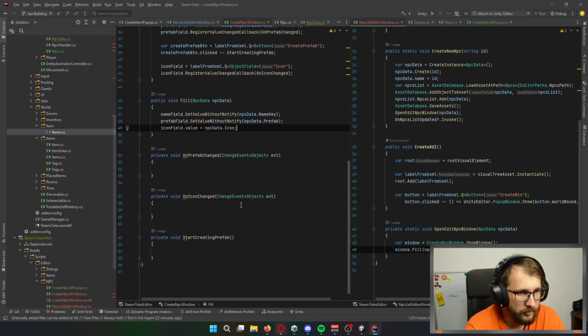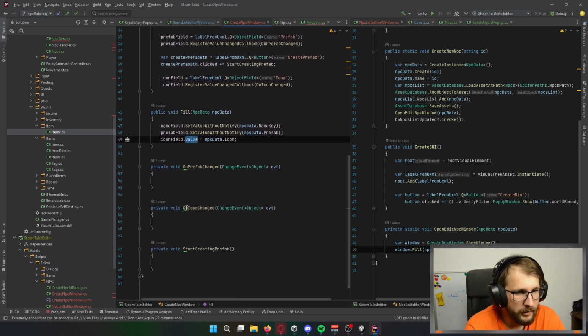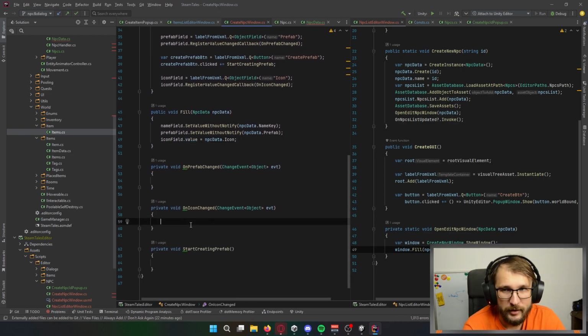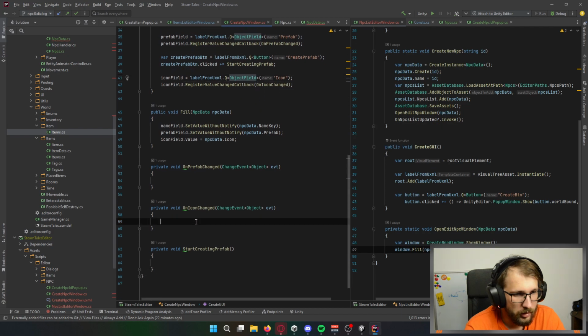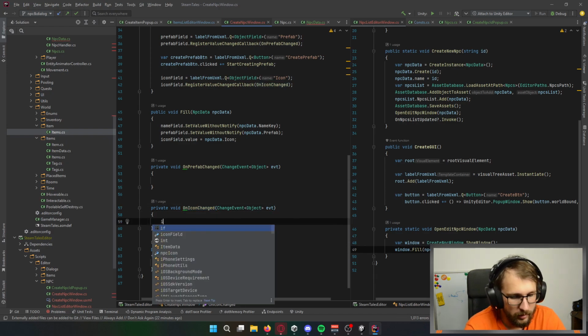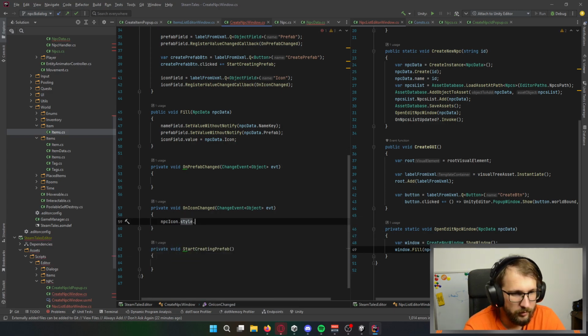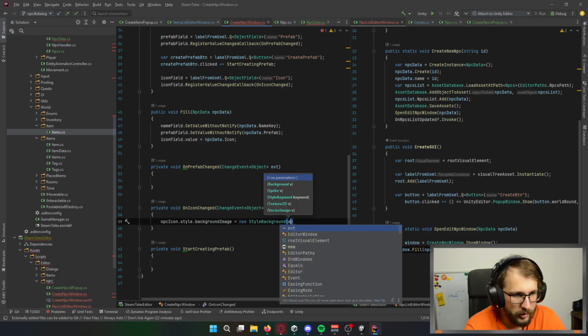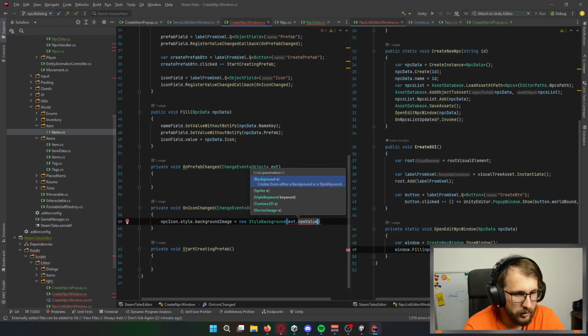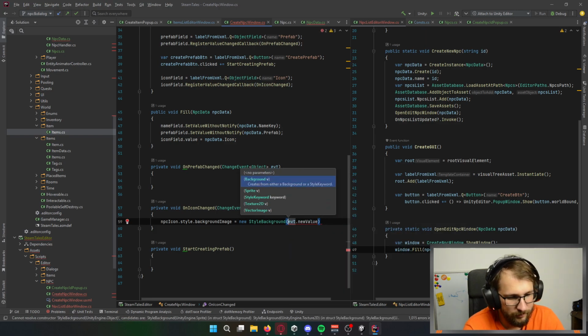Thanks to that, here on icon change, I can use it, because now this callback should be called. So here I can go with NPC icon style background image and set it to event new value as a sprite.